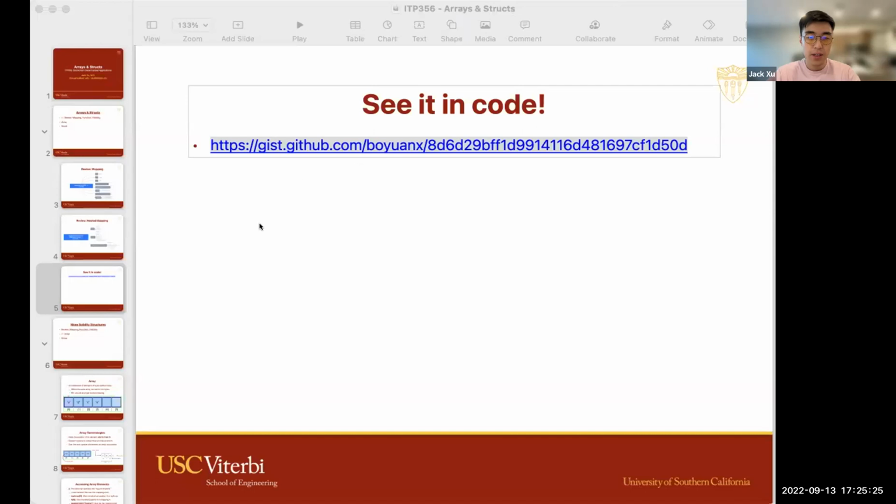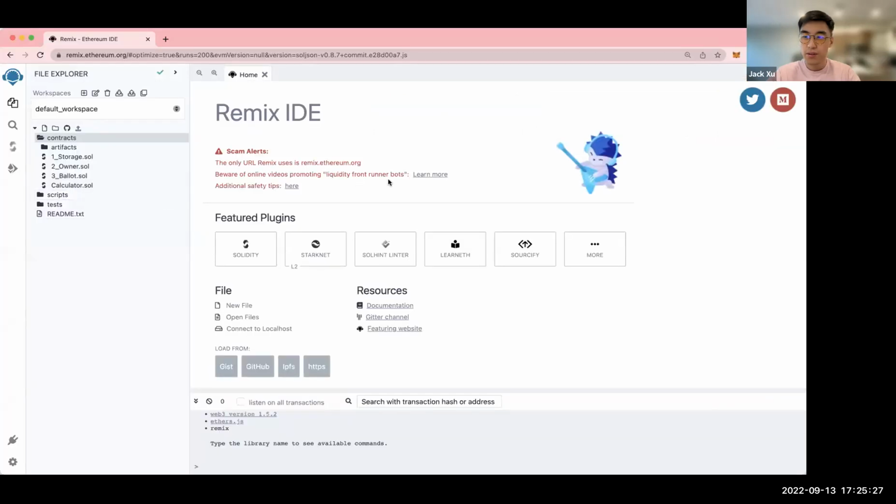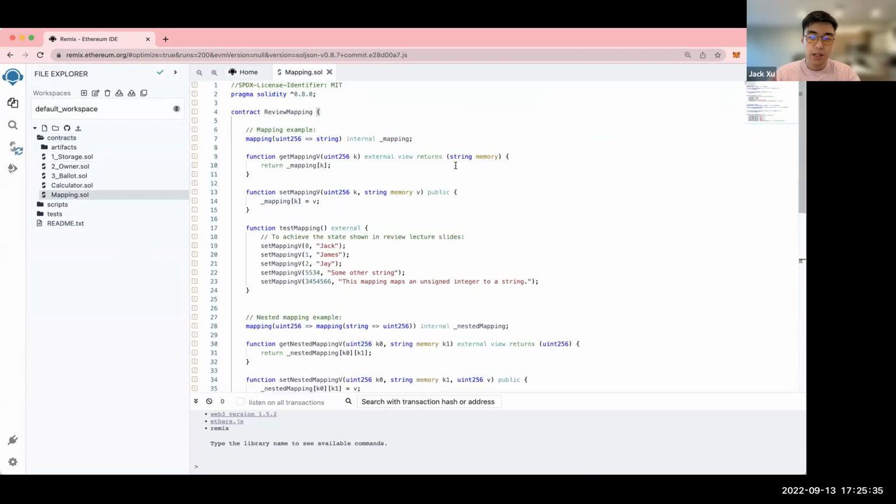Let me share my Remix screen. Let's call this mapping. So paste that in. Can you post the link in Zoom chat? Oh yeah, that's right. You're all on Zoom. I'm sorry.